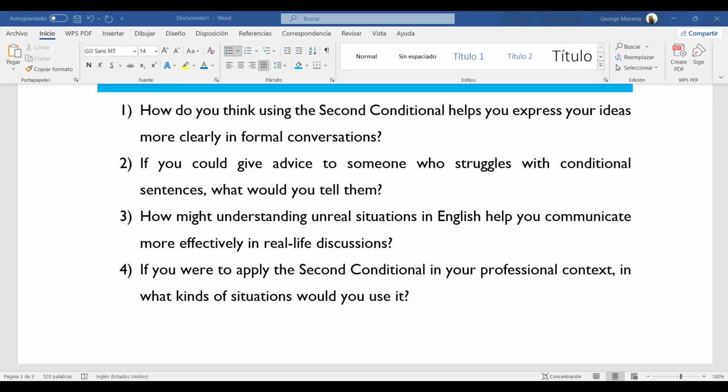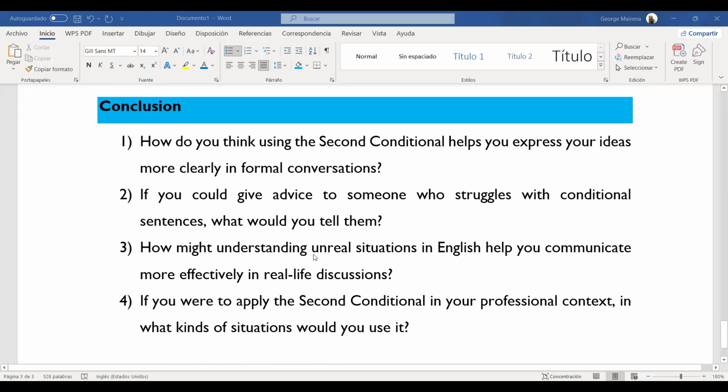Good. Chicos, vean, entonces, o más bien escuchen, ¿verdad? Aquí estaríamos finalizando la sesión del día de hoy, correspondiente al segundo condicional. Espero hayamos entendido un poco. Yo sé que ustedes tienen cierto conocimiento sobre esto. De igual manera van a encontrar documentos en la plataforma, y este documento que usé ahorita lo voy a subir para que ustedes lo puedan ver ahí.